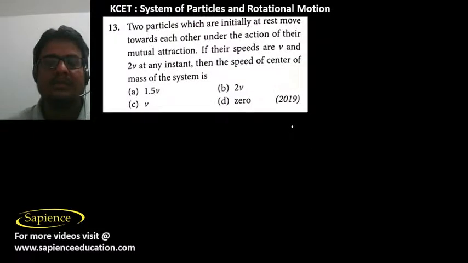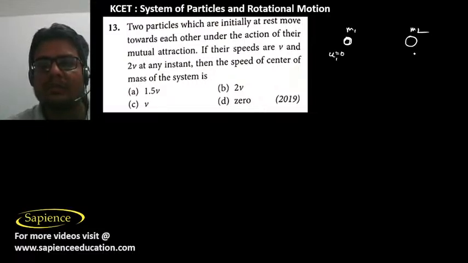Then it is told two particles which are initially at rest move towards each other under the action of their mutual attraction. Two particles are there, one is m1, one is m2. They are initially kept at rest, u1 equal to 0, u2 also equal to 0, and they move towards each other due to their mutual gravitational attraction. If at some instant their speeds are v and 2v,